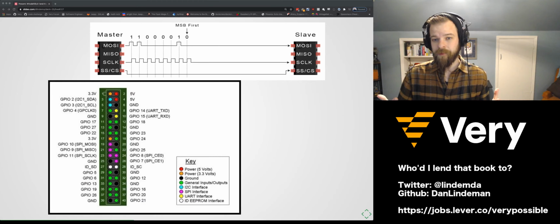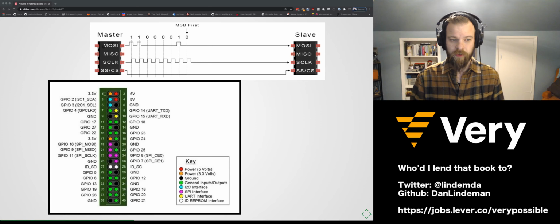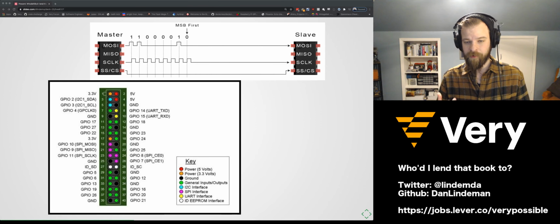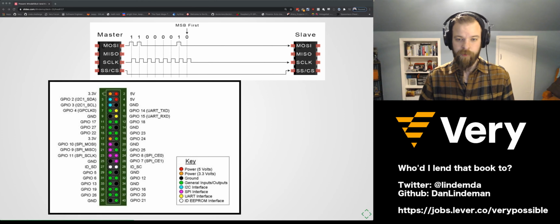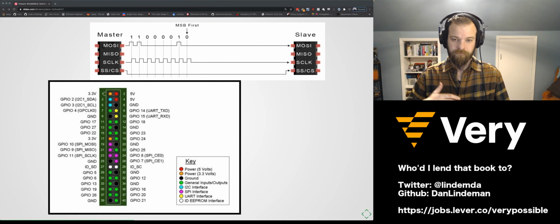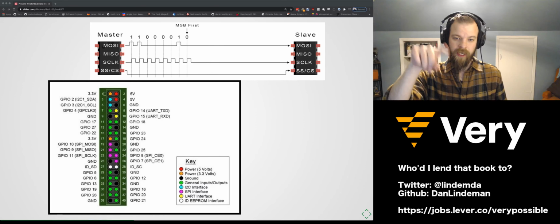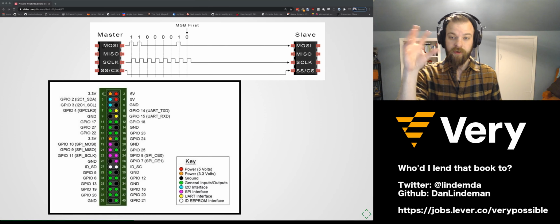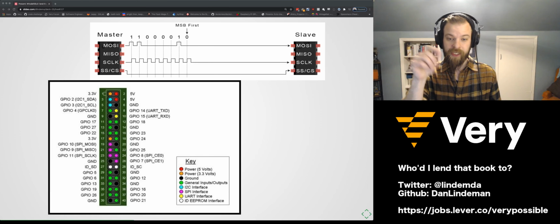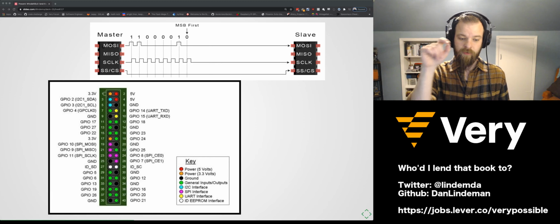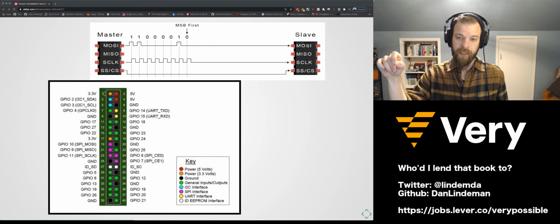So I find this diagram a lot less confusing. The RFID reader speaks over a protocol called SPI, Serial Peripheral Interface, which is a GPIO-related task. The reason I find this really helpful is because in this diagram, the purple ones in the middle, GPIO 10, 9, 11, are giving us all of the different connections we're going to need to speak from our Raspberry Pi to an SPI device, so the RFID reader.